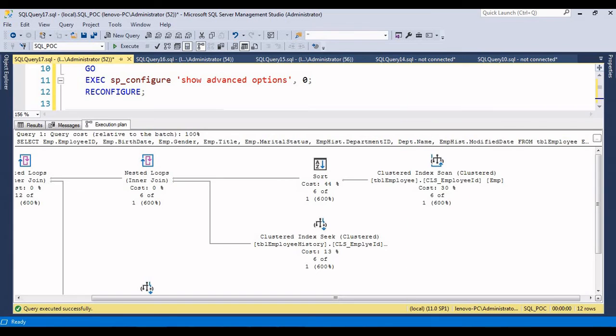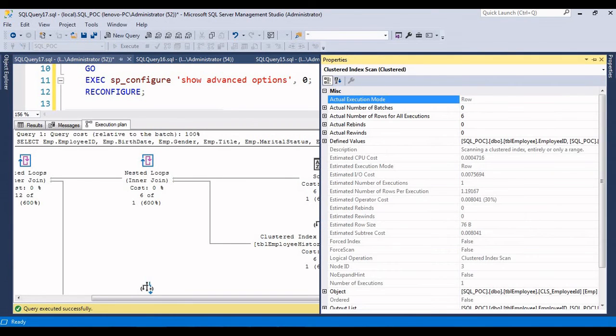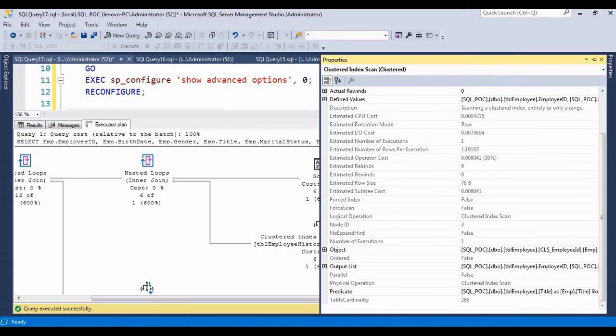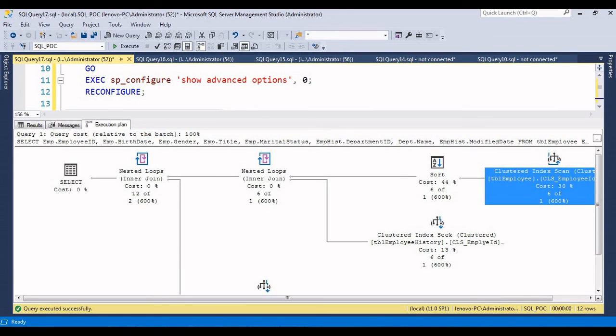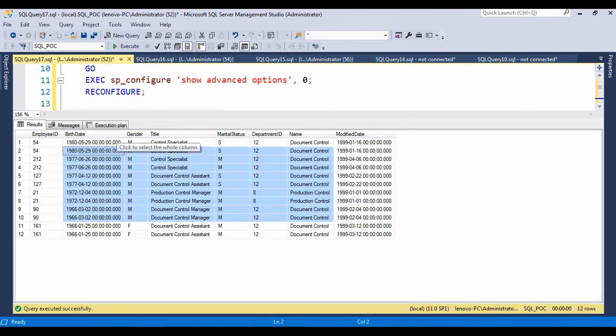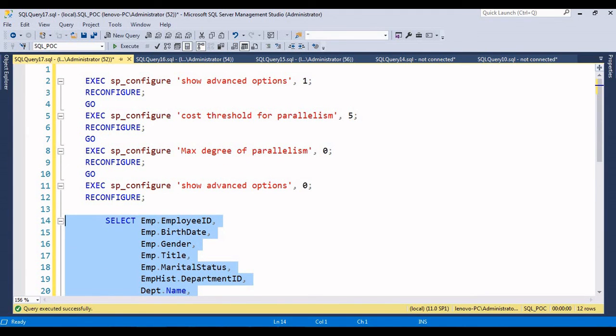For example, go to the properties: estimated subtree cost, number of executions, operator cost, whether it is parallel or not. Is this plan parallel? It's not, it's sequential. That is the reason it's false. So likewise we can understand and set these two options differently based on our requirement.